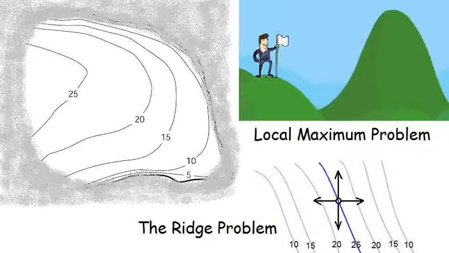Another more subtle problem is traversing ridges. If your simple heuristic only measures the height of the terrain directly to your north, to your east, to your south, and to your west, then it's possible to climb onto a ridge travelling from the northwest to the southeast and think that you have reached the top of the hill. This is because the land falls away on each of those 4 points of the compass that you are measuring, and yet to the northwest or the southeast the land is just as high as the point you're standing on, maybe even higher. This problem can occur when you can only use crude measurements of the score that you are